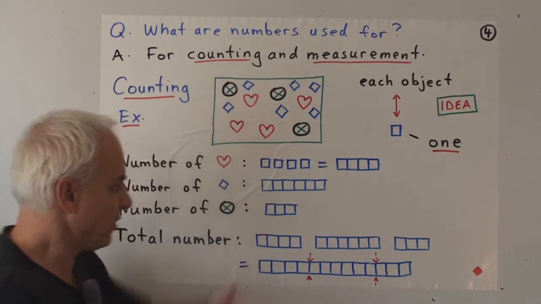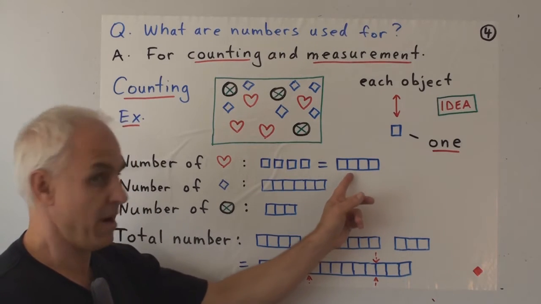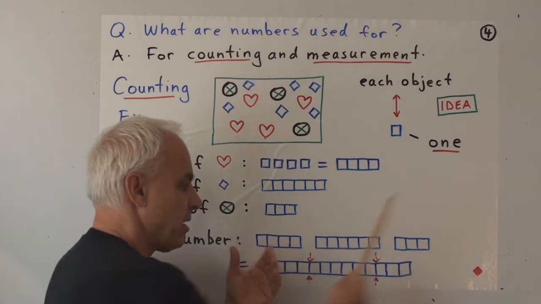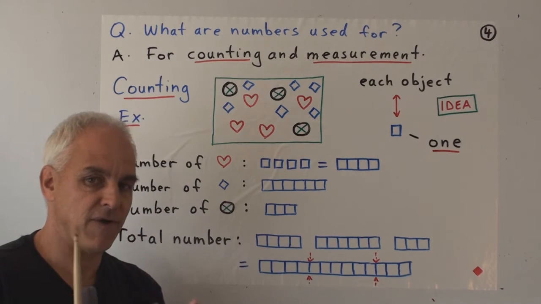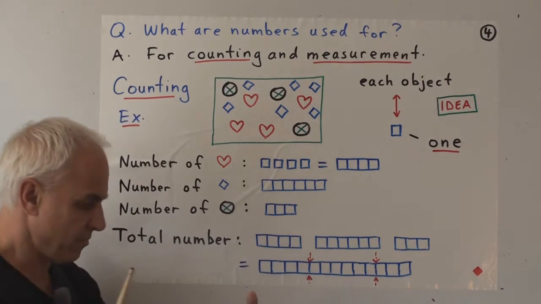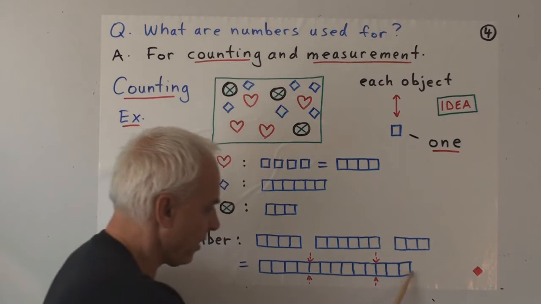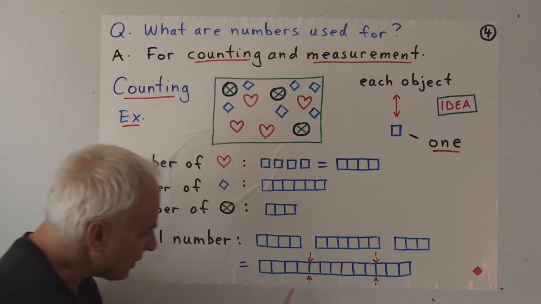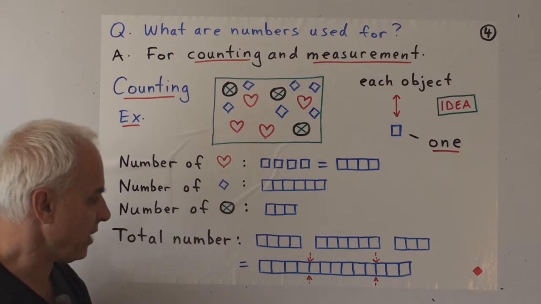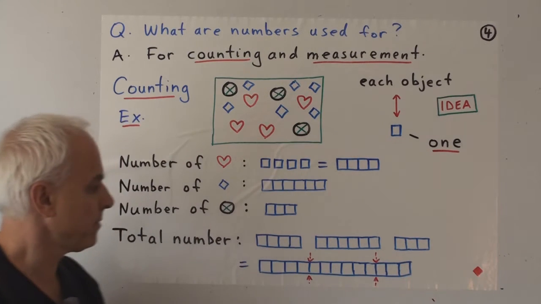Doesn't that make sense? So in fact, we don't actually even have to go back to the diagram. We know the number of hearts, we know the number of diamonds, we know the number of circles, so we're going to just put those together to find the total number. So we just take these 3 rectangles, shove them together to make a single row rectangle. That one right there. And I put these little arrows here just to illustrate where the original pieces merge together. So that's that piece there, that's that one there, and that's that one there.